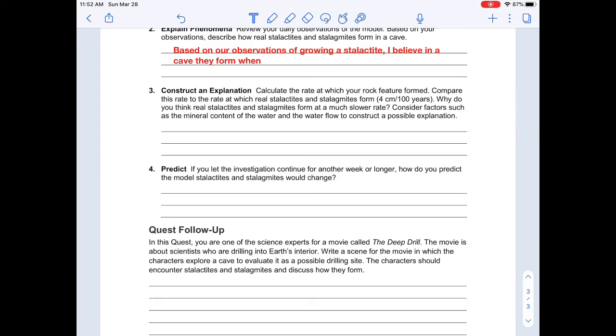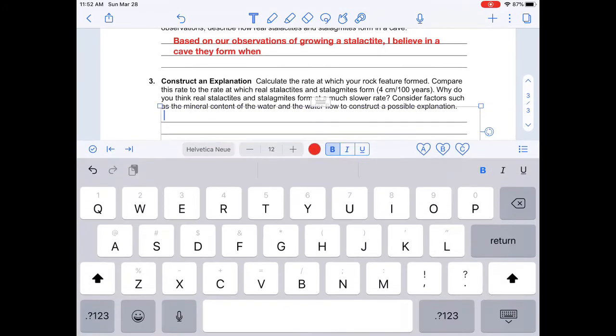Why do you think real stalactites and stalagmites form at a much slower rate? Consider factors such as the mineral content of the water and the water flow to construct a possible explanation. So when we are done with our experiment, we'll measure the size of our crystals and we'll try to figure out how much they grew each day. So you might say something like